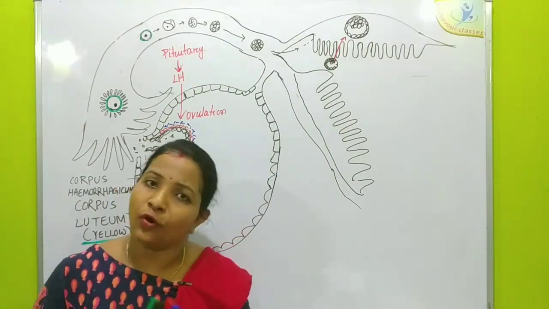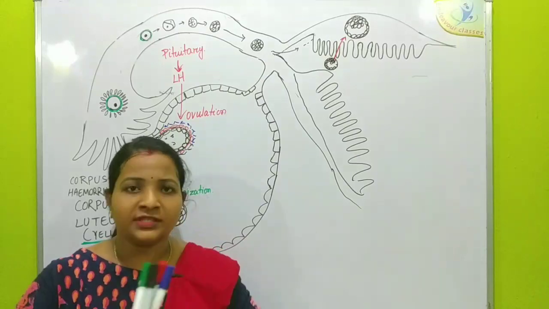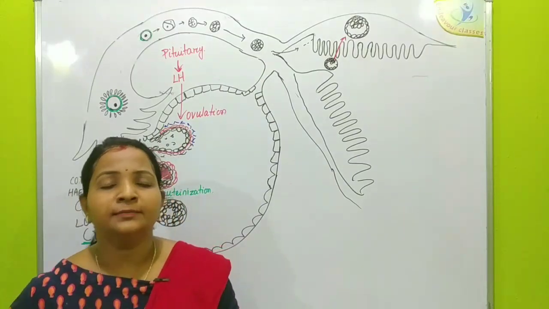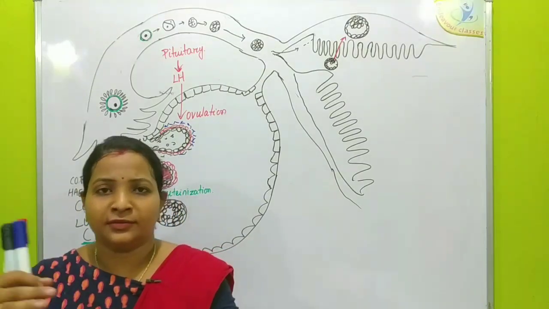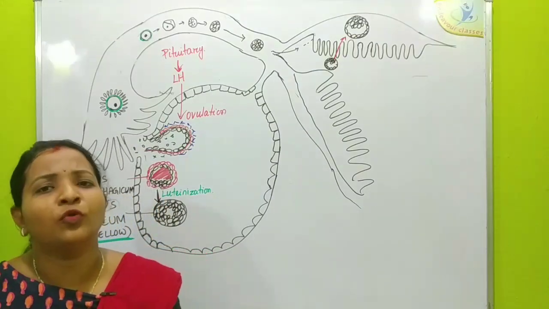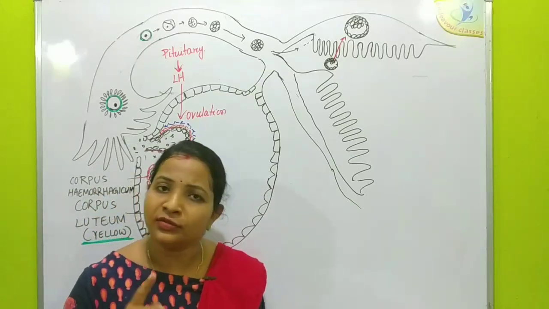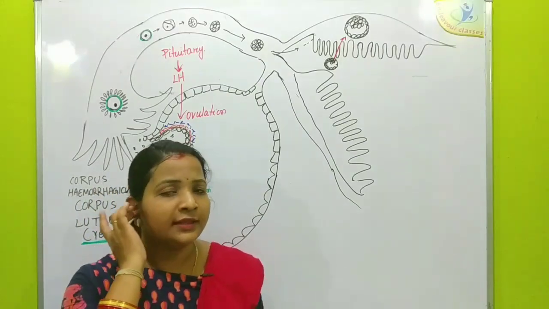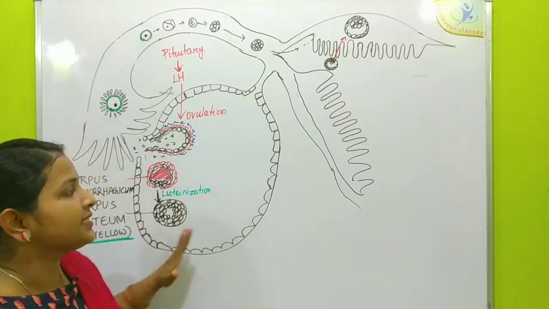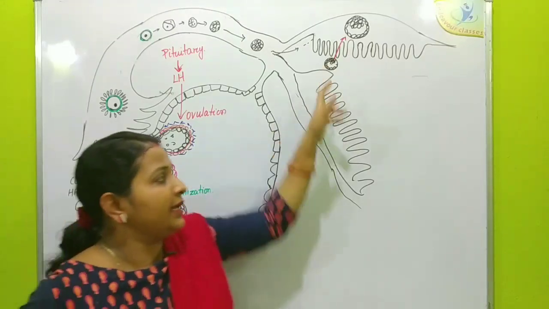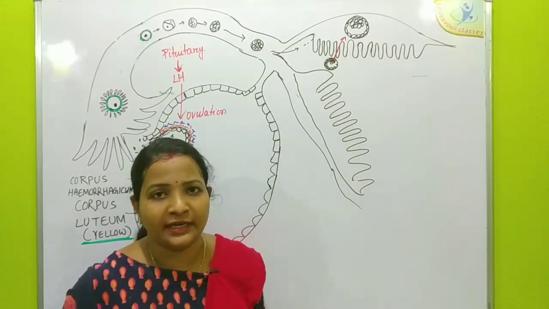If pregnancy occurs, if fertilization occurs and pregnancy occurs, then the changes become prominent and more types of changes occur in the reproductive organs. If fertilization does not occur in every month, then what happens? All the changes inside the ovaries and in the uterus here are aborted.